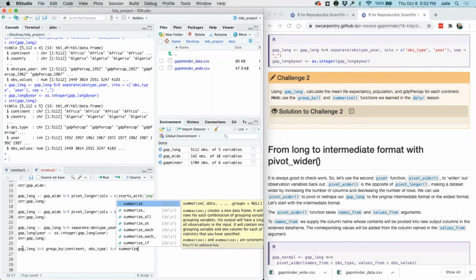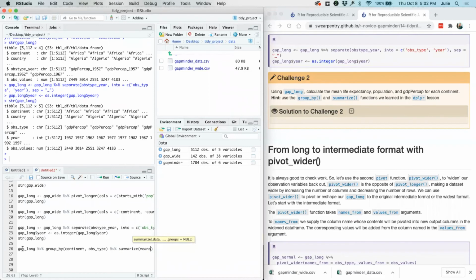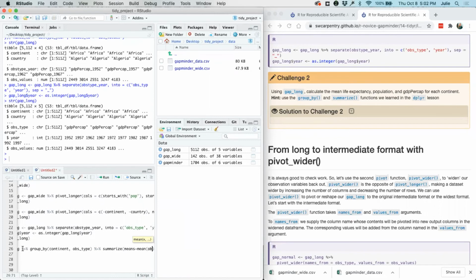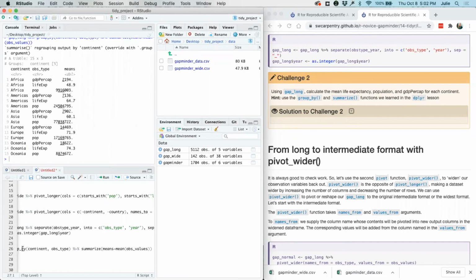Which creates a new data frame. It will highlight how we have parsed out our data, and it will contain the groupings for the variables that we want. So we're looking for the means, which equal the mean of our obs value. So we'll look for the values in each of our obs types, and it will calculate the mean for each continent. All right, so we run that, and look, we get a nice tibble, a new data frame